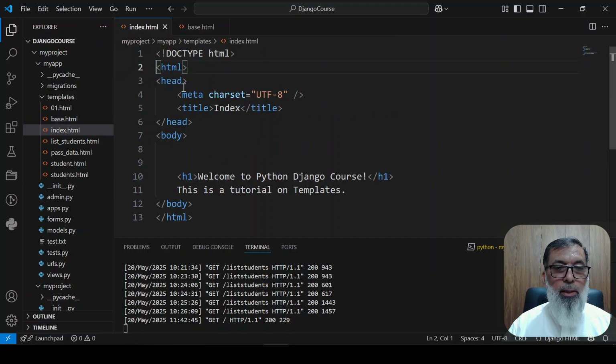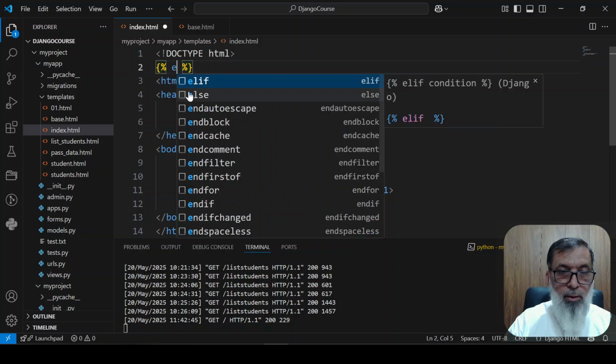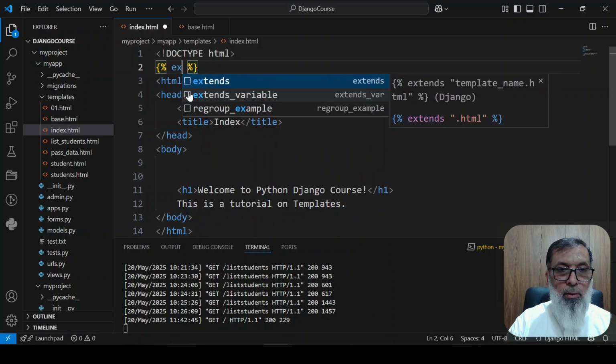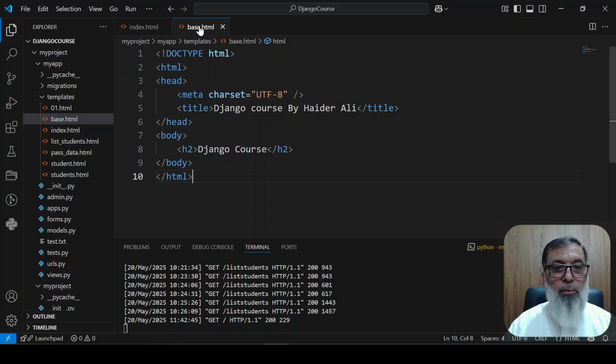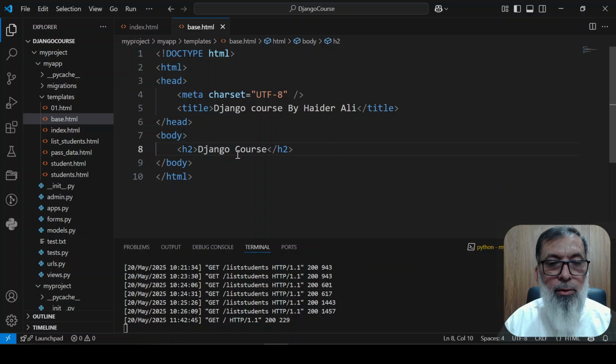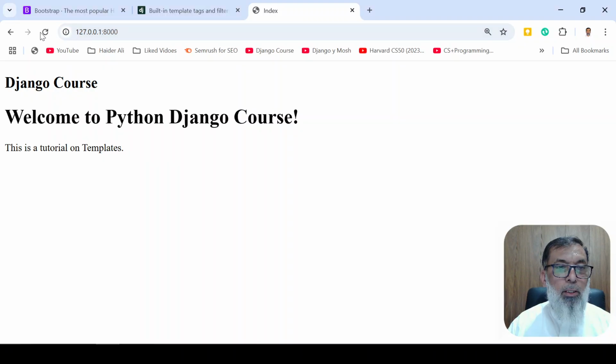Now, if I want to reuse this code in all of my pages, I will use the extends tag of Django. I will say extends, and over here I will give the name of the HTML file. This code will add the base.html file inside my index.html file. This is the base.html, which has this h2 tag with the text Django course, and this is the index. Now, if I open the index,